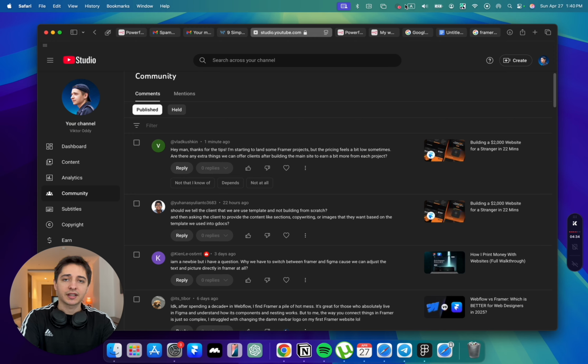If, for example, you have a client who wants to pay only 1,000 for a website, when you usually charge 3,000. In this case, you can tell him, here's the template. You can input your information like pictures, text, and stuff like that, and then they can input it. And then you can go ahead and customize the colors, customize the text, the branding, customize everything so the website